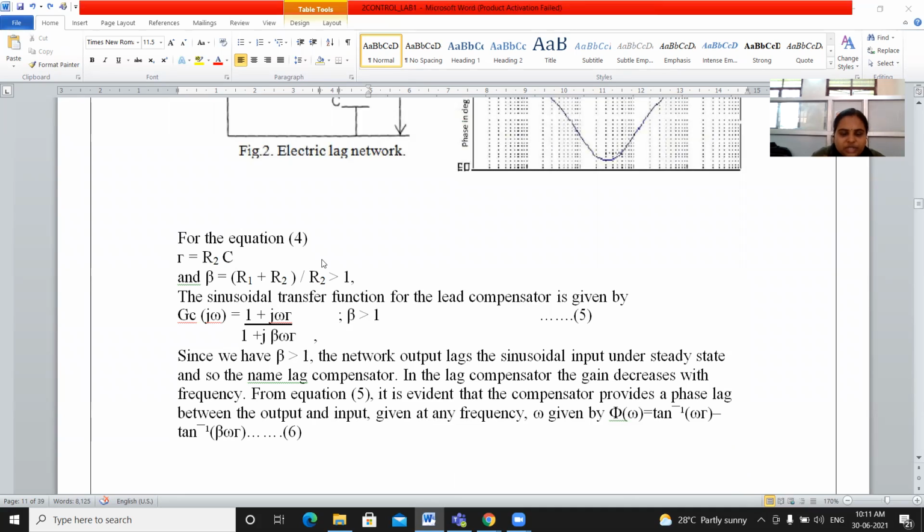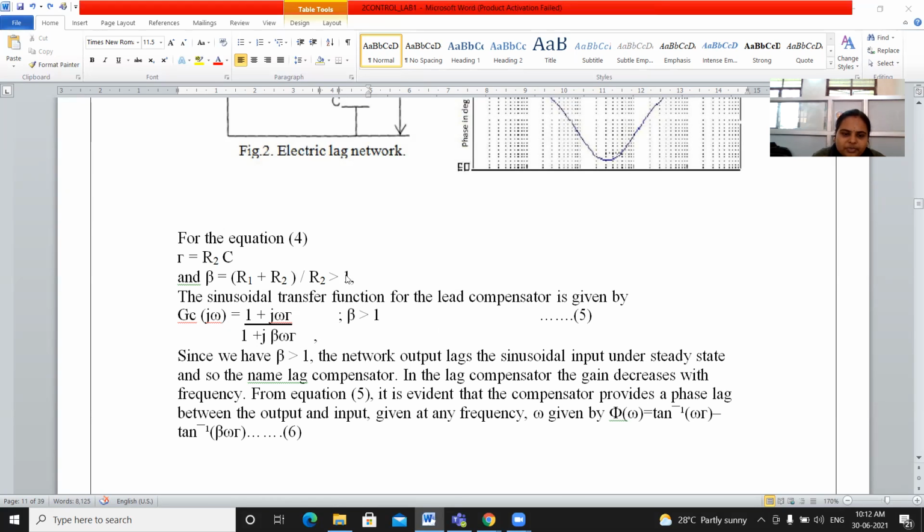Then gamma is going to be, in this case, R2 C, where beta is going to be (R1 plus R2) divided by R2, which is greater than 1. The sinusoidal transfer function for the compensator is going to be given as Gc of j omega equals 1 plus j omega gamma divided by 1 plus j beta omega gamma, where beta is